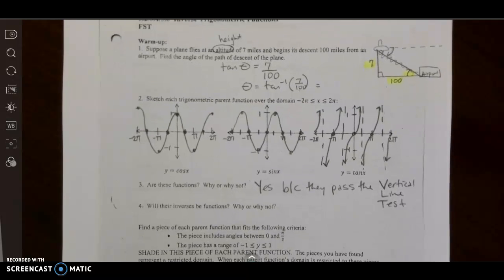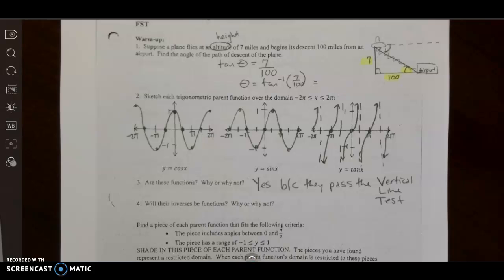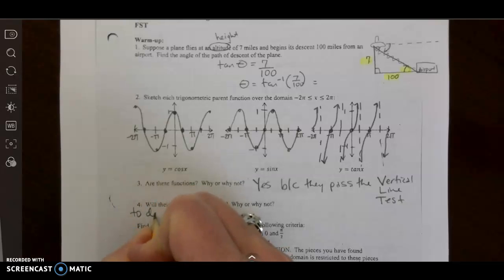Well, in order to determine if their inverses will be functions, we learned back, I think it was in our first unit, we talked about we could do a horizontal line test in order to make a prediction about the inverse. Because we do the vertical line test to see if the actual graph is a function. If we want to make a prediction about the inverse